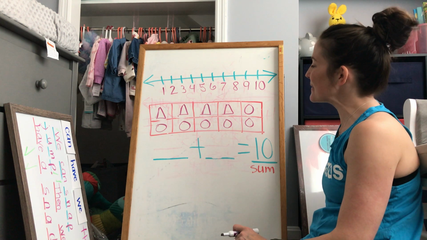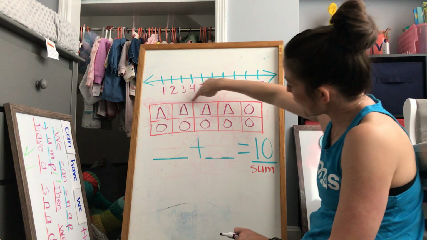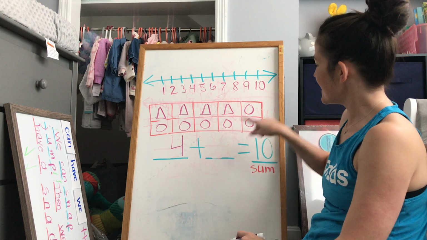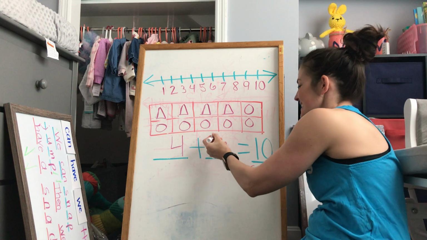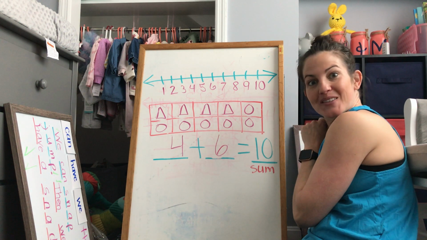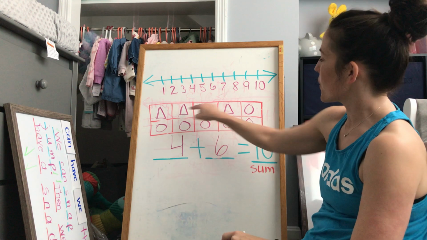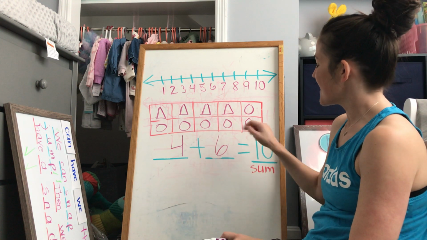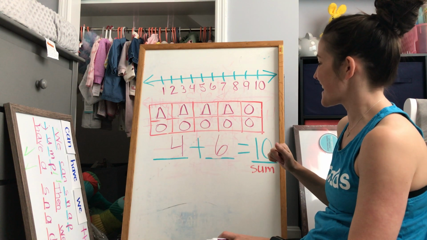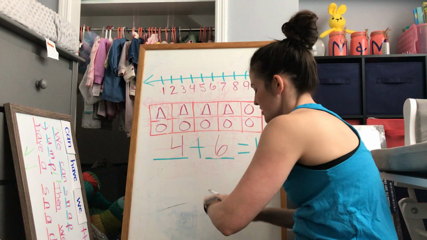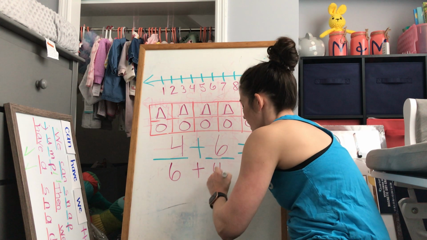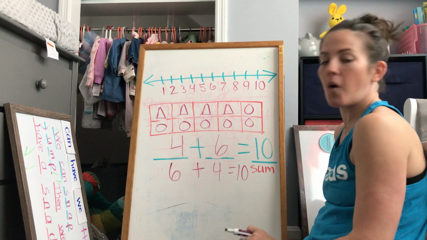Okay, I hope you were writing or thinking 4 plus 6 equals 10. Did you think that or write that? I have 4 triangles, I can see that, and I've got 6 circles. And if I were being really speedy fast, I could say that's 5 plus 1 more is 6. I could take these numbers and switch it and do 6 circles plus 4 triangles, and it would still equal